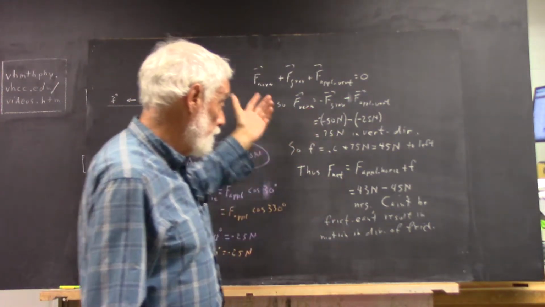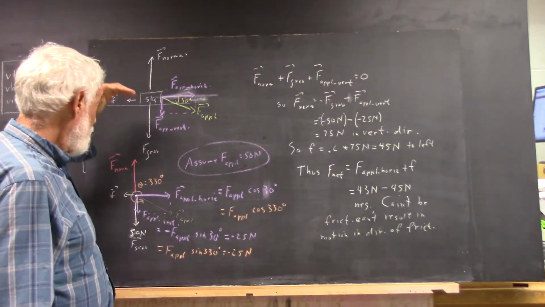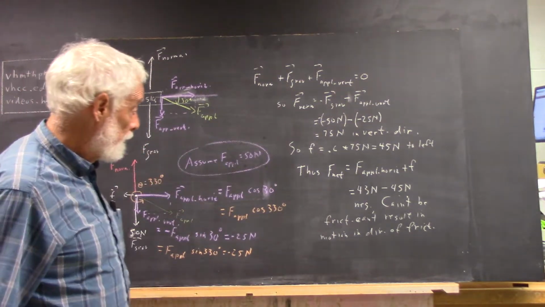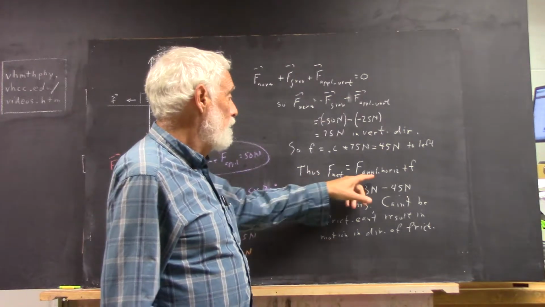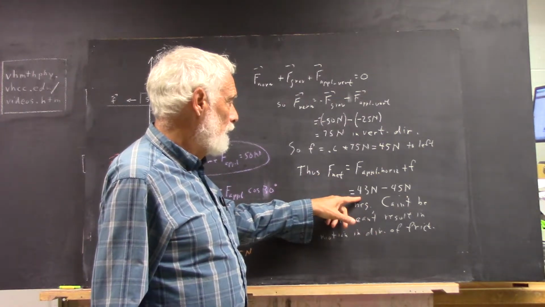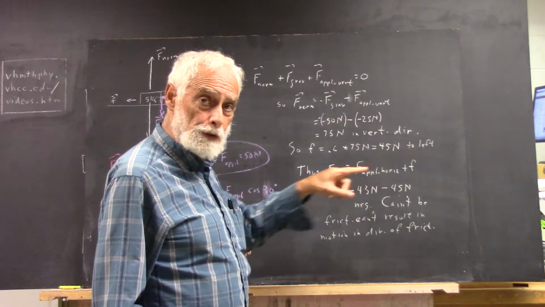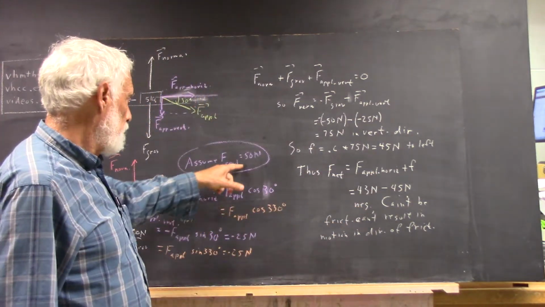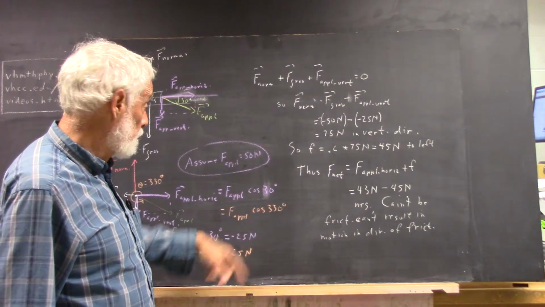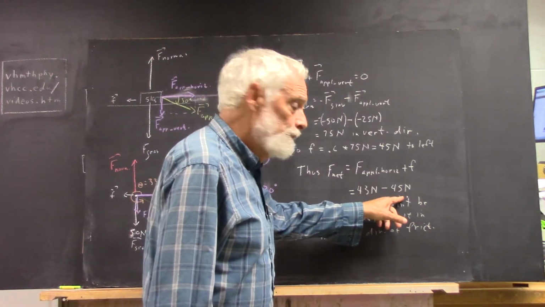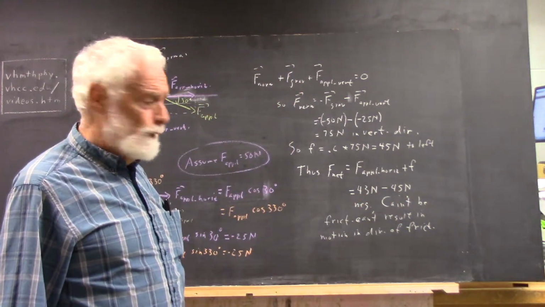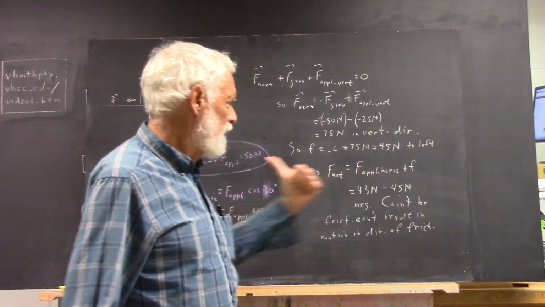That's how we got all this, and that's because we have a strong enough tabletop here, okay? In the horizontal direction, we have then 43 newtons from our applied horizontal force, and that's what we get if we multiply 50 newtons by the cosine of 30 degrees. But we have a negative 45 newtons in our frictional force. Well, that would give us a net force of negative 2 newtons,